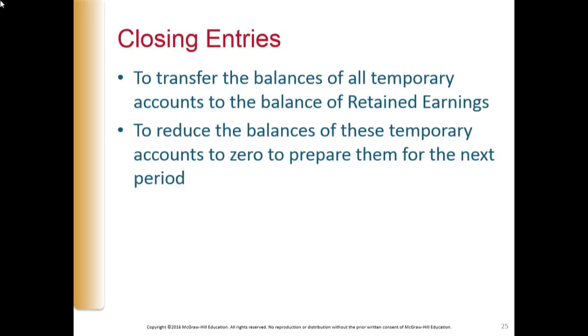So there are some accounts in accounting that are permanent like that, like my mortgage account. They roll over from year to year, and we don't ever zero them out and start over. So asset accounts, liability accounts, equity accounts, those are permanent accounts. Now there are temporary accounts that we actually zero out at the end of the year and get them ready for the next year. And in comparison to my example with the mortgage, a temporary account to me is like my